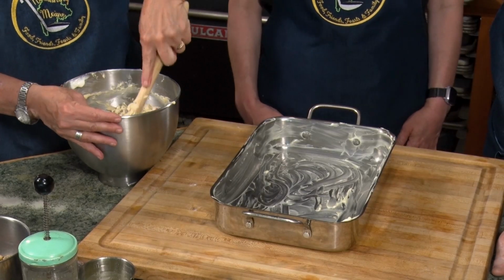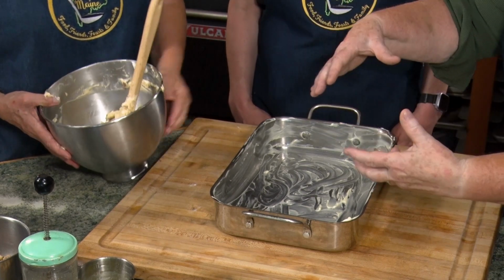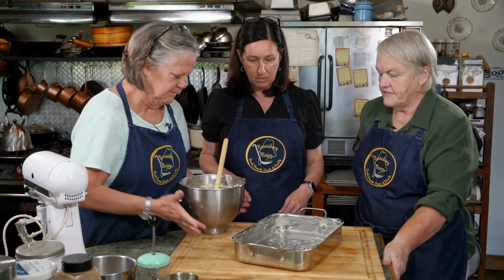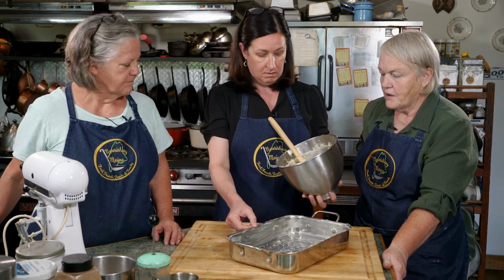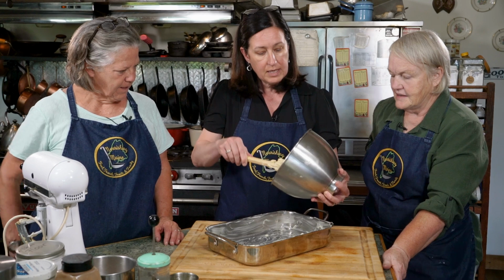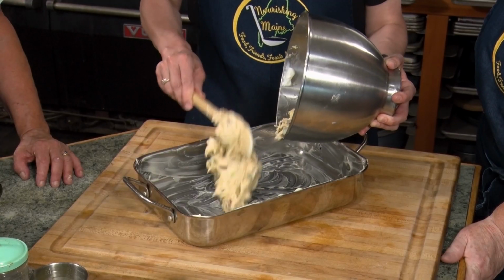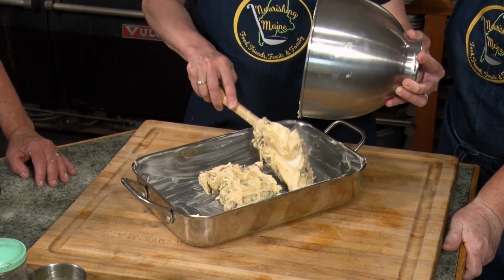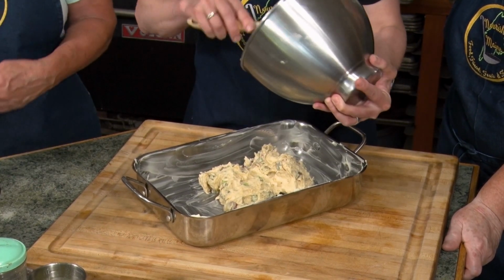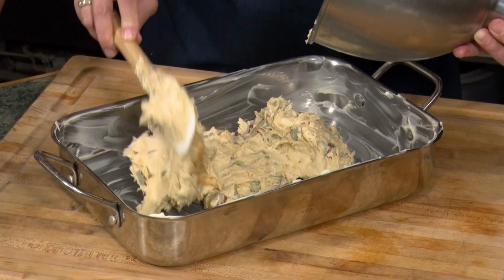And it is a thick batter. It isn't like a cake batter that you pour in, so people shouldn't feel like it needs to be something that you pour in. It really does need to be spooned in and spread around. If you want a spoon, we can do that too. And this is a buttered pan. Yes, a greased pan, just so everyone knows that. And it's 9 by 13. Yeah, and it's deeper than